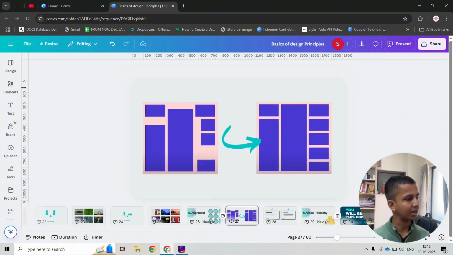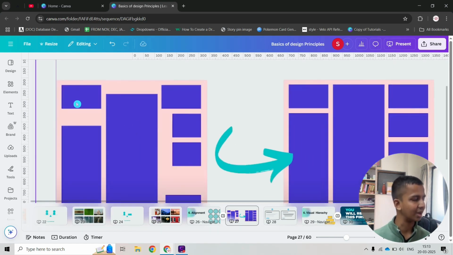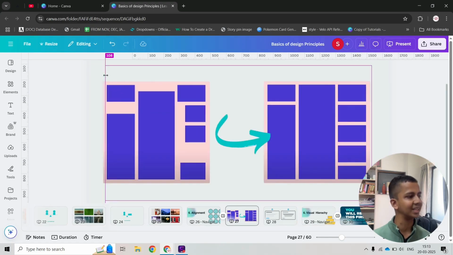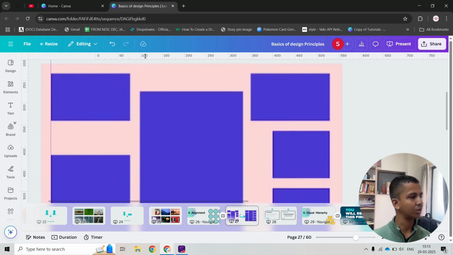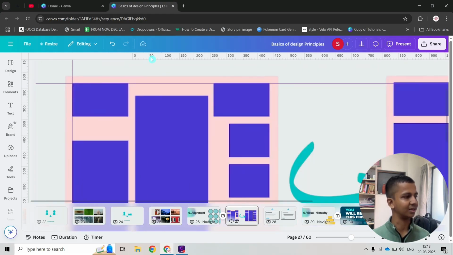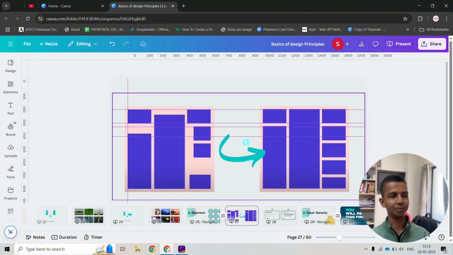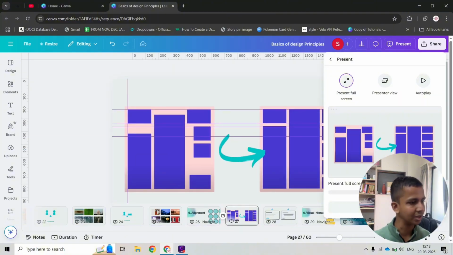So on the left hand side you can see these grids and guides for your help. If I drag this by clicking my mouse, I can drag this over here and place my element neatly and in a well structured way, and from the top you can also bring it down. This is how I can arrange them properly and in a perfect order. So this was just a cool tip. Okay, let's get back to our topic.